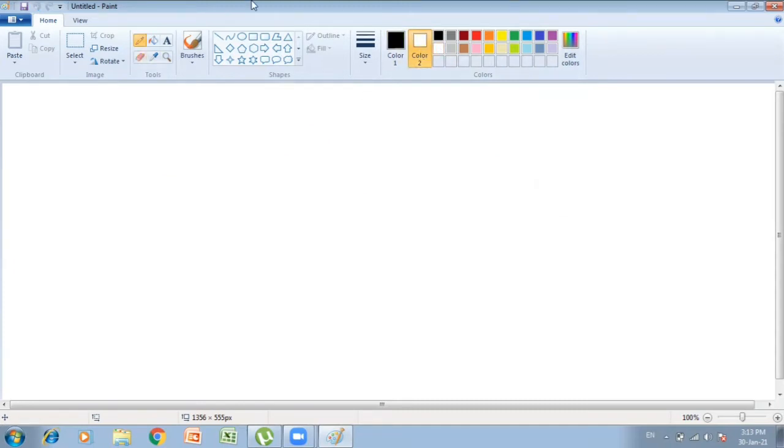Okay, so children, first of all, let us do the line tool. So here you can see in the shapes toolbar, the first one is the line tool. As soon as you bring your mouse pointer over there, below it, line is also written there. So we will click there and select it. If you have to change the size of the line, that is the thickness, you can select it from here, and whatever color you wish to select, you can select. By default, it will be black.